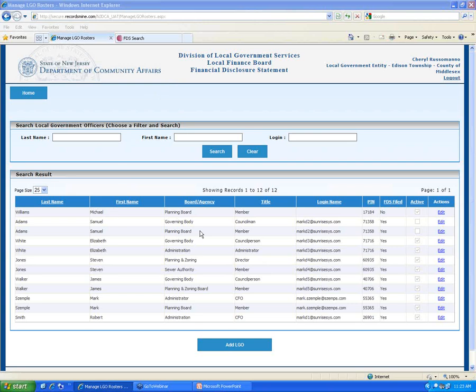Next question. Do court personnel have to file? Again, there are notices out there. I will refer you to the DCA site for who has to file. For the people who manage your roster, the clerks or whoever, get with your counsel and determine who has to file and who doesn't. Just don't put everybody down on the roster, especially if they don't have to file. It's going to create more work for you, more work for the DCA, and it's going to confuse the public as well.